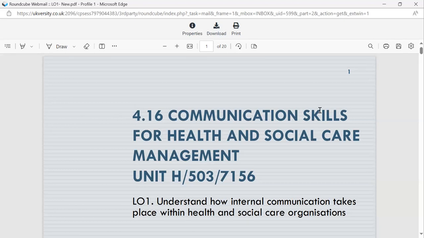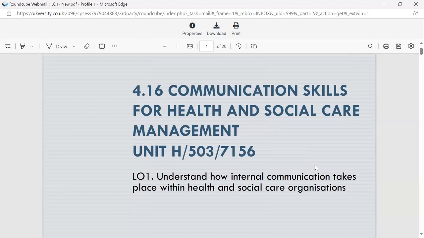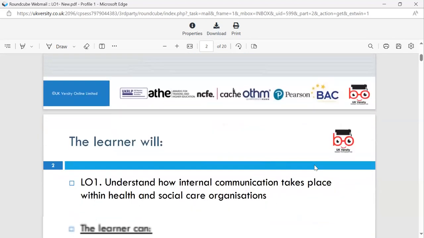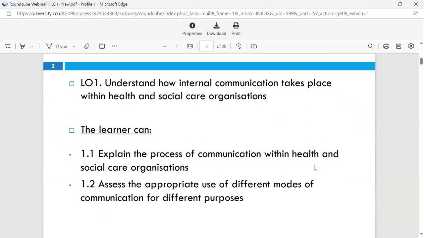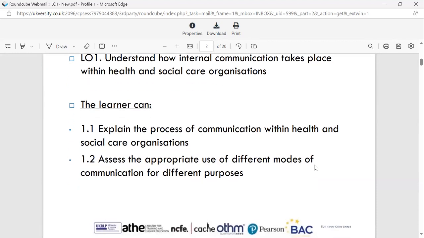So let's start with the session. We're looking at learning outcome 1 today. Learning outcome 1 is to understand how internal communication takes place within health and social care organisations. So the learner will understand how internal communication takes place within health and social care organisations, and the learner can 1.1 explain the process of communication within health and social care organisations, and 1.2 assess the appropriate use of modes